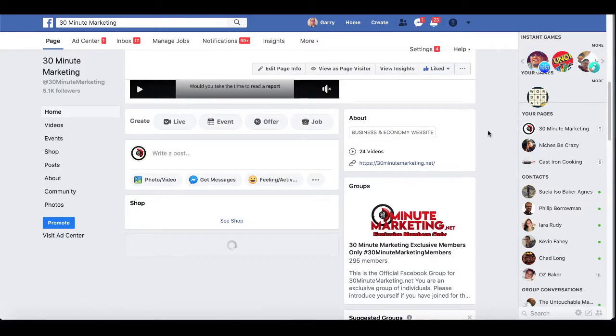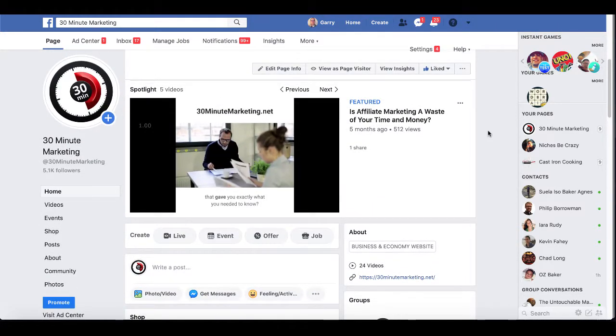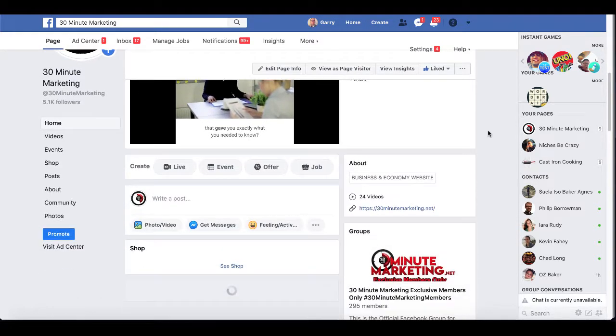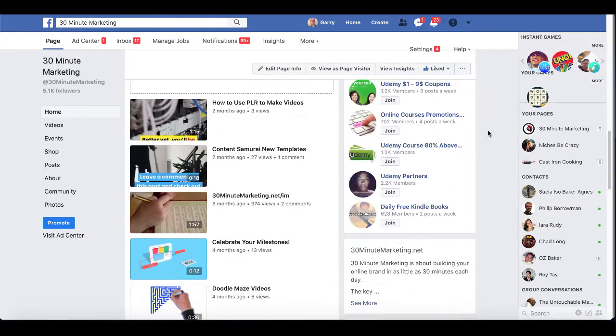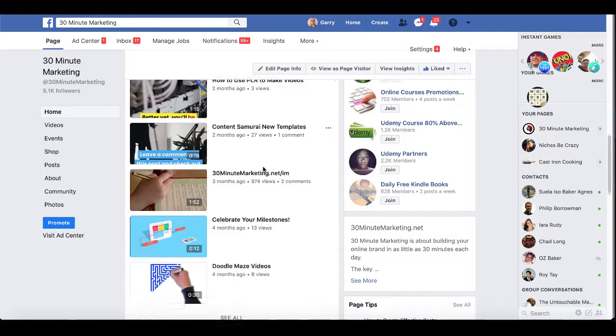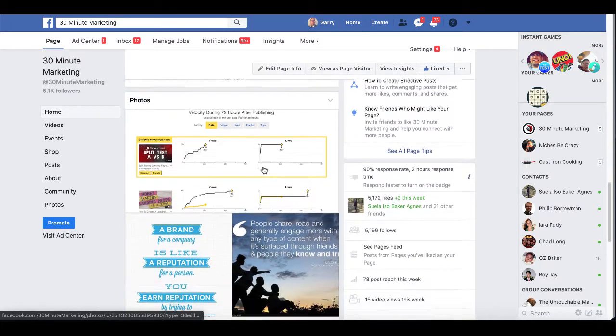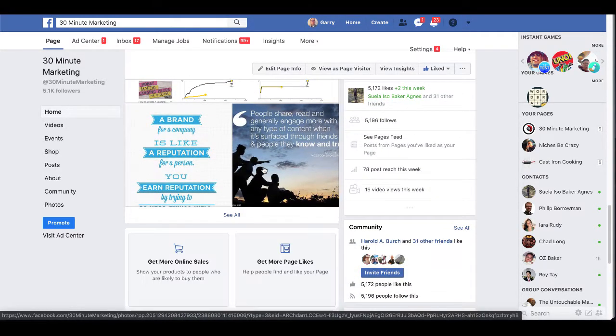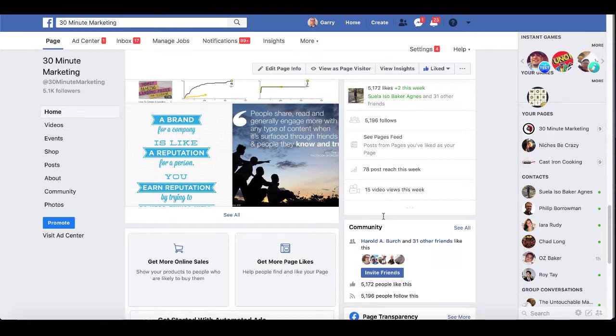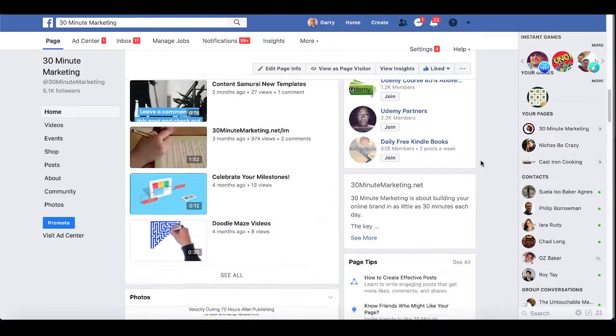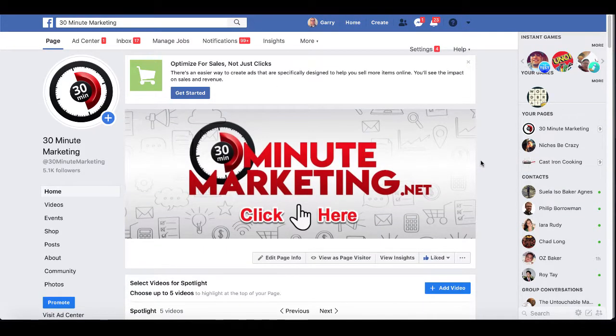Once you build a page, in this case, this is set up as a video page, Facebook has the ability to post videos and other content, images, photos, and it gives you the ability to create community as well as create your own little online marketplace and stores. Everyone knows how to use Facebook, and it's probably not a huge surprise that this is my recommendation.